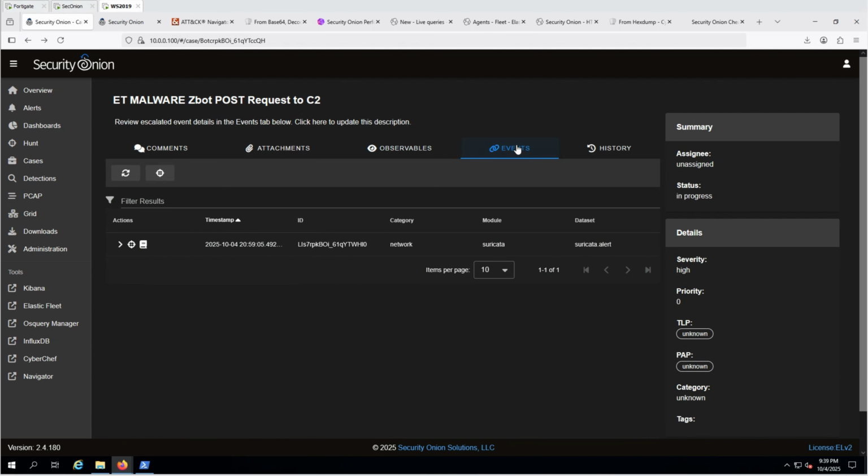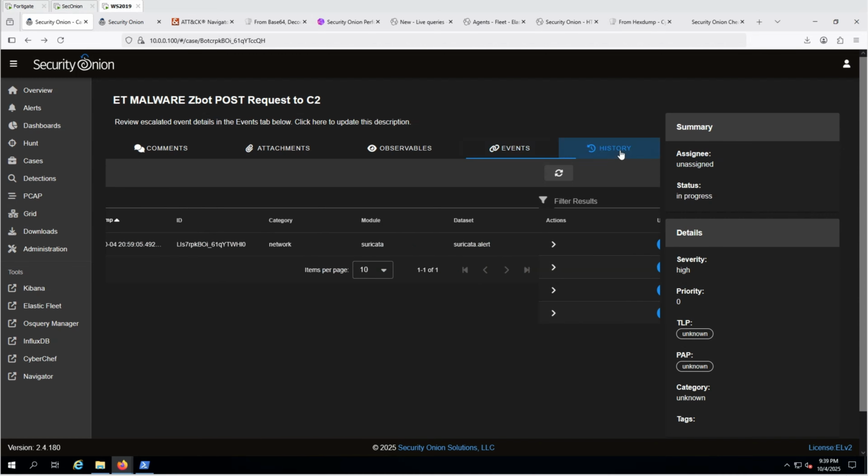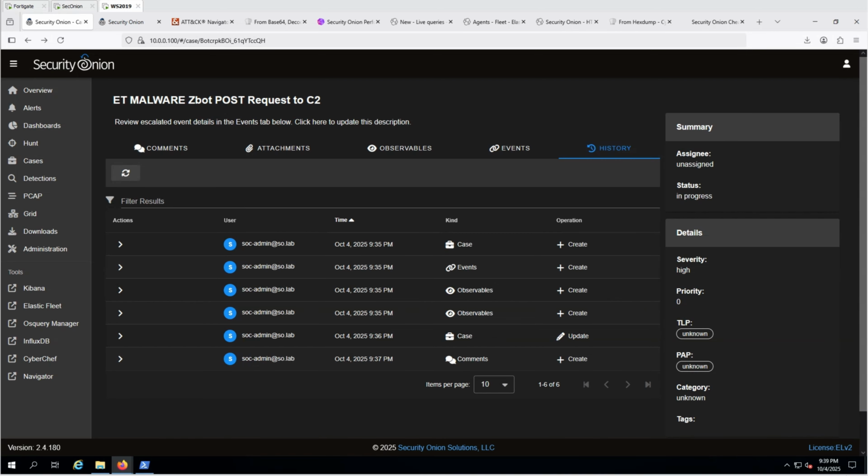The Events tab displays all events that have been escalated and formally linked to the case. The History tab acts as an audit log for the case. It records every action taken, such as items being added, changed, or deleted, along with the username and a timestamp